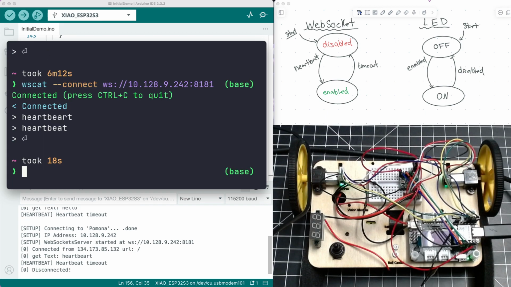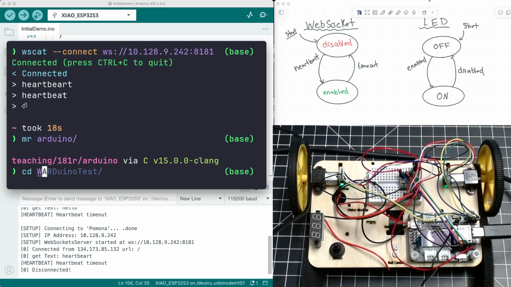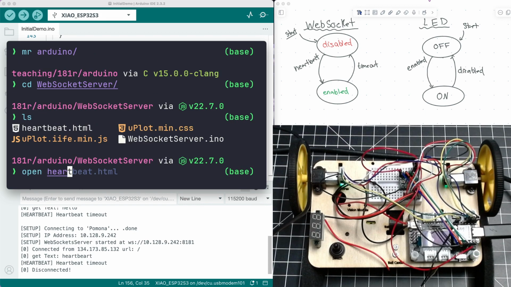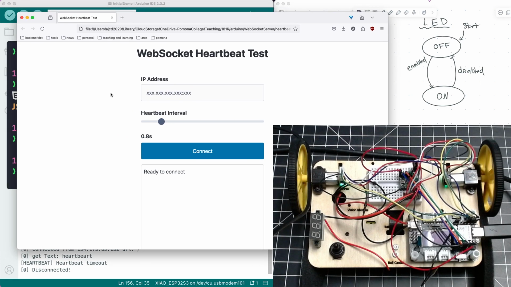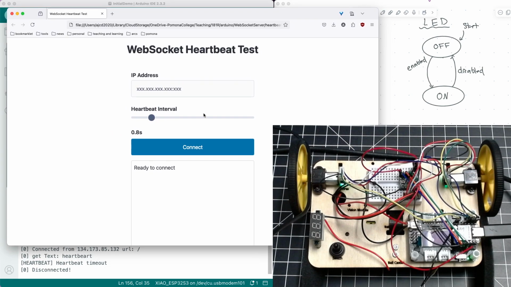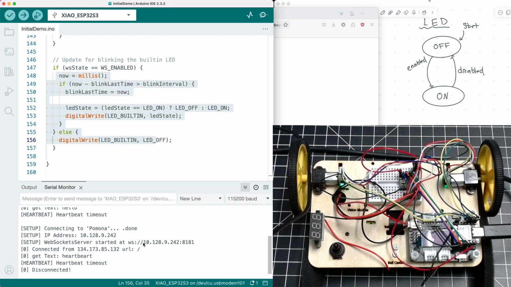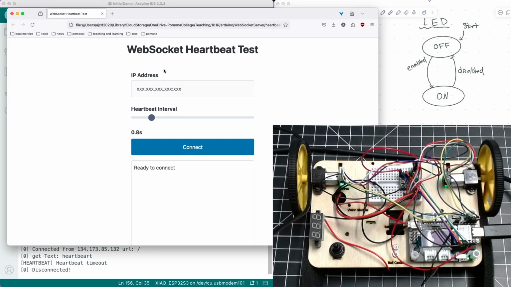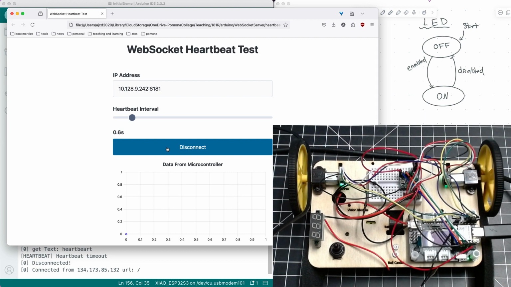A more reliable way to test this, though, is to use an HTML file that I'm going to provide for everyone. This should look somewhat familiar. It's a similar interface that we've had before. And I'll grab out the IP address and port. Make sure the interval is below that's defined in the Arduino sketch, and connect. And the important thing to check here